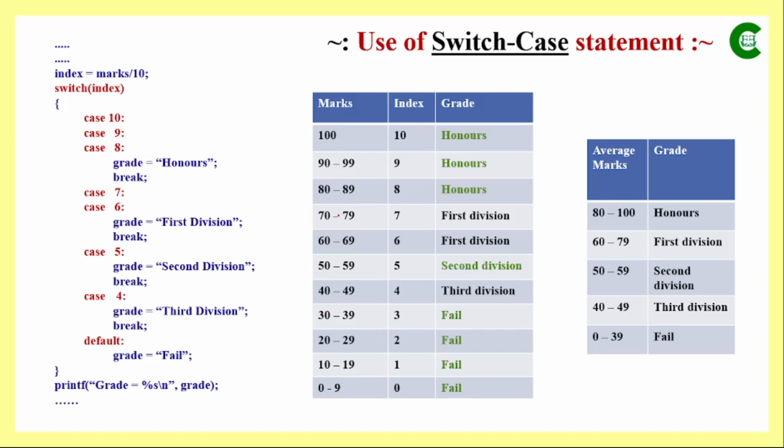And the range of marks from 60 to 79 is first division, that is the corresponding grade. For 70 to 79 the grade is first division, and for 60 to 69 also, and accordingly these are the index values. Suppose the marks is 75, so 75 divided by 10, the index value will be 7, and the grade will be first division. And when the marks is within 60 to 69, the index value will be 6, and for that also the grade is first division. That's why when the index value is 7 and when it is 6, for both values the grade is first division. That's why we have kept